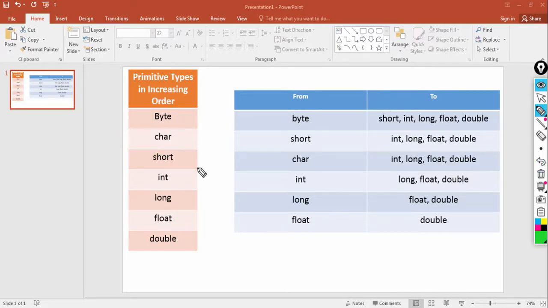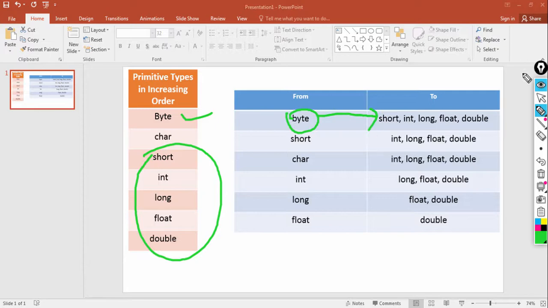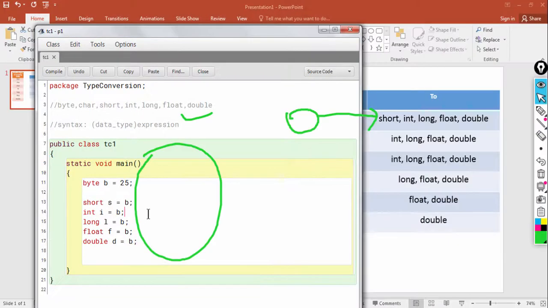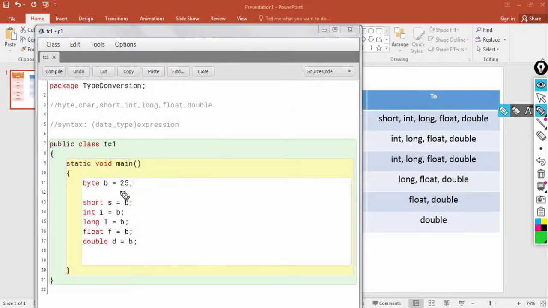So if you see below byte, that is short, int, long, float and double, all these data types have greater range than byte. Therefore you can easily assign a byte type of data to all these different types, okay. So a byte can be converted to any of these data types. As you can see here in the example program, I have created a byte type of variable called B and I have stored 25 in it, okay.